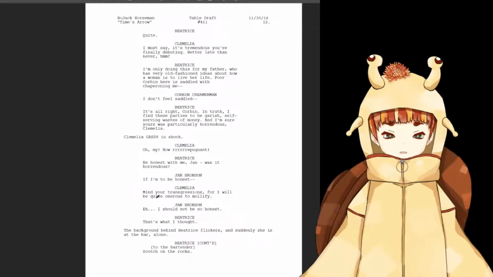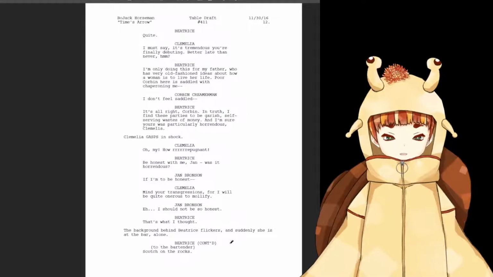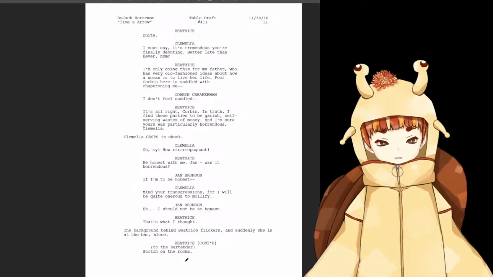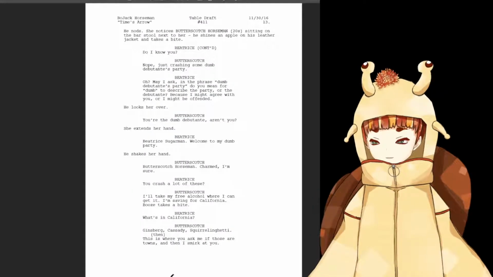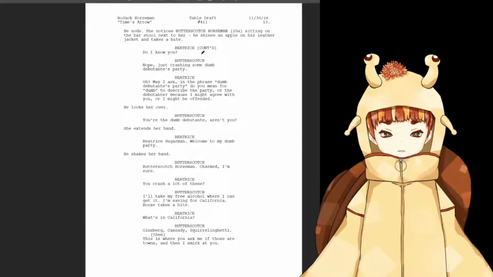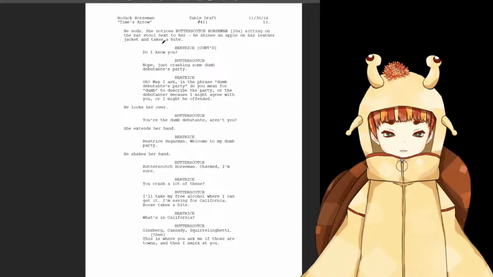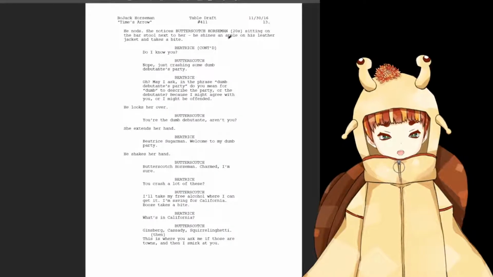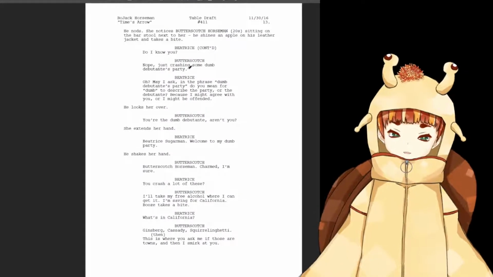That's what I thought. The background behind Beatrice flickers and suddenly she's at the bar alone. Scotch on the rocks. Scotch on the rocks. He nods. She notices Butterscotch Horseman, 20s, sitting on the bar stool next to her. He shines an apple on his leather jacket and takes a bite. Do I know you? Nope. Just